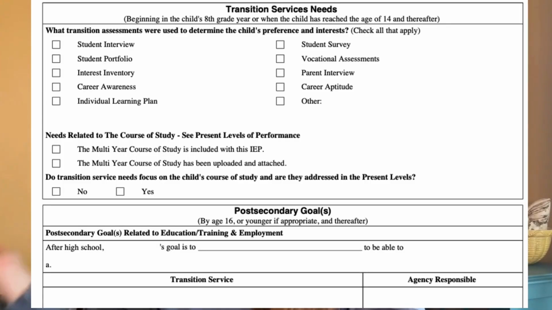And if you have an older child with an IEP, there is a section called transition services. So if a child is 16, or even earlier if the IEP team decides that that is appropriate, you will start to look at transition services. And that looks at how we're going to help that child be as independent as possible. We'll start to think about some post-secondary goals and what needs they'll have and what supports they'll need to be able to meet those goals.